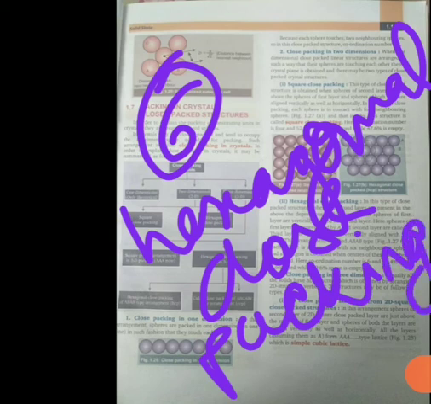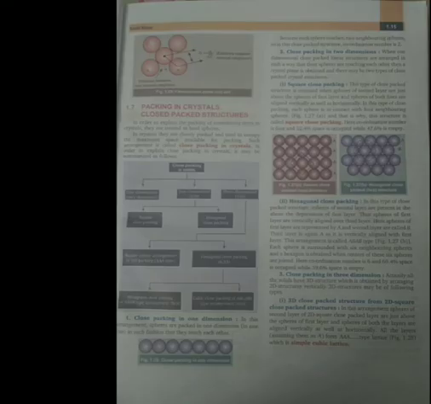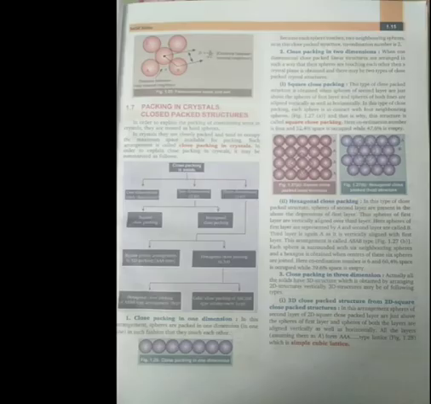Okay students, so in this way we have the idea about the packing in crystal. In our next lecture we will discuss the 3D packings, that is the square planar, which is of AAA type, the hexagonal 3D structure, and in the hexagonal category we will discuss the hexagonal close packing of ABAB type and cubic close packing of ABC ABC type. So this is all about today's lecture.